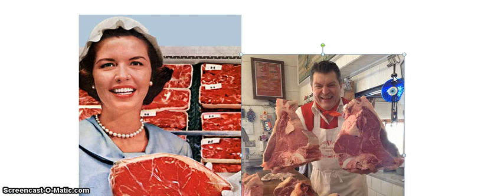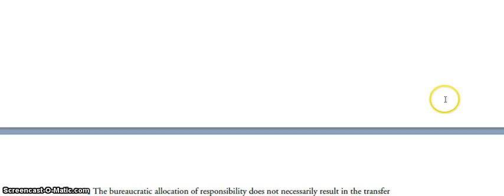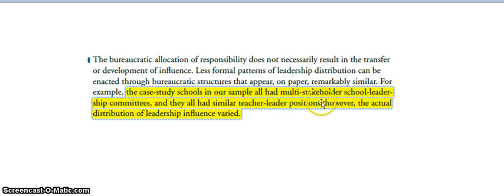Moving forward on to stakeholders, I thought I'd throw a little humor out there on a Sunday evening. We're going to talk about stakeholders being one of the schools had noticed that they had a multi-stakeholder school leadership committee. And I think it's critical for us to recognize as leaders that yes, we are leaders and there are followers, and there are times when we ourselves are followers. And I admit I enjoy those days when I can just follow orders sometimes, but also the days that I really like to be a leader a whole lot more.